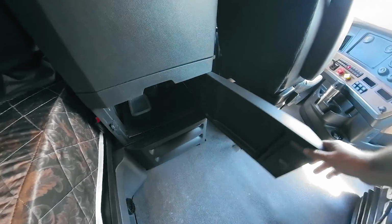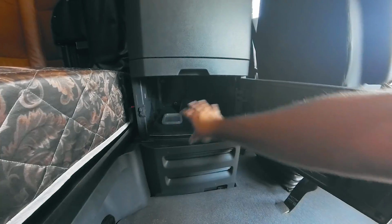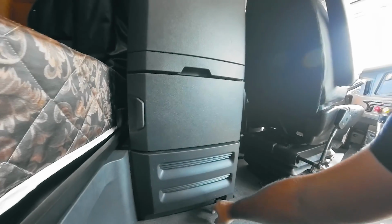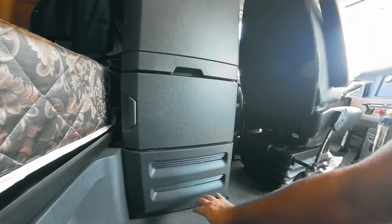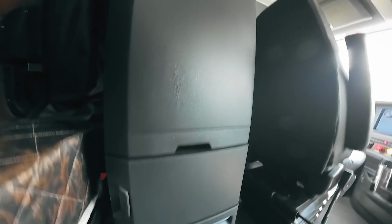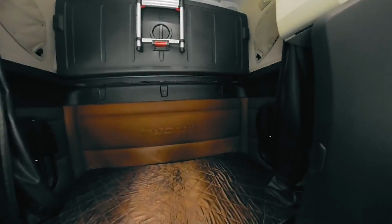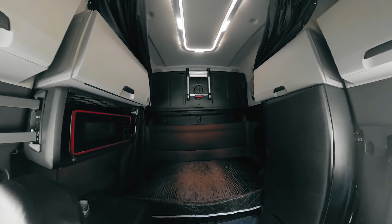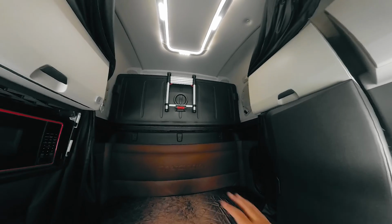Further down, you have yet another storage compartment. And this compartment right here is where your cabin filters are, so if you want to clean those as well. Moving towards the back, as you can see, it's a twin size bed, I believe, with a beautiful brown and